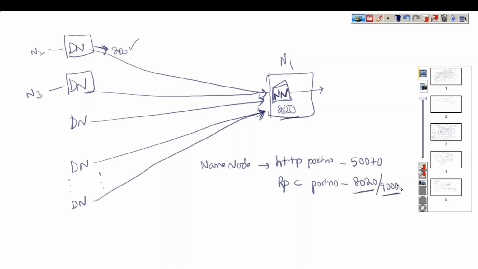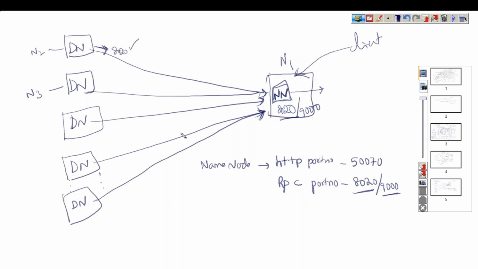Any one port number will be used for name node RPC. Even a client has to make a request to the process running at port 8020 or 9000. That's it. Got it? This is the communication between the data nodes and the name node.